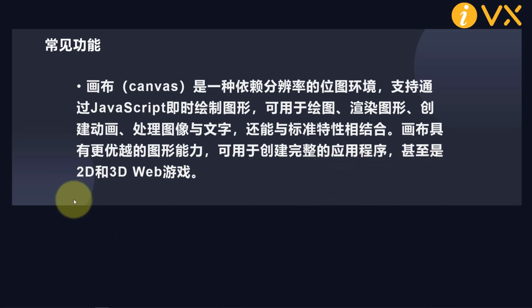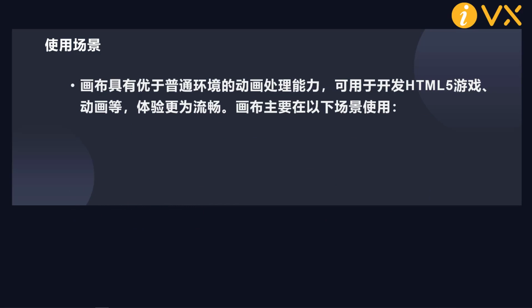web games. So in what scenario will we use our canvas? Generally speaking, it mainly includes the following scenarios. The first scenario requires very excellent animation performance. How do we understand this? We can understand that when we need to make very cool animation effects and very cool H5, we need to